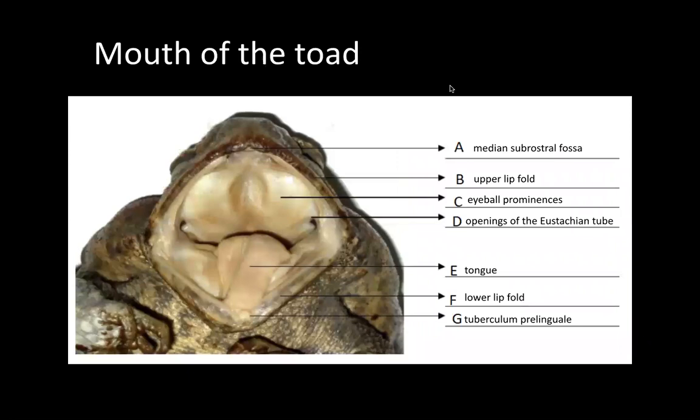For the different structures in the mouth of the toad, you have the median subrostal fossa at A, which locks with the tuberculum prelinguale in G. B is the upper lip fold, and F would be the lower lip fold. C is the eyeball prominence, where the rest of the eyeball of the toad is resting. D would be the openings to the eustachian tube that gives access to the vocal sacs as well as the